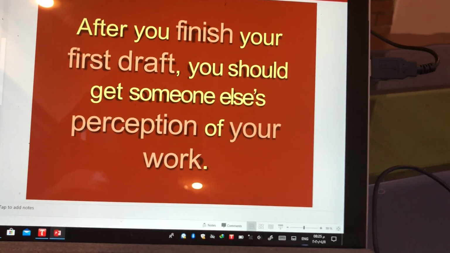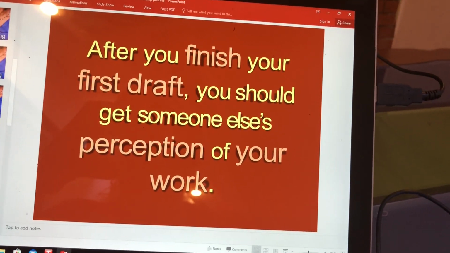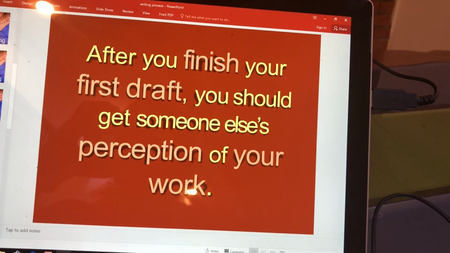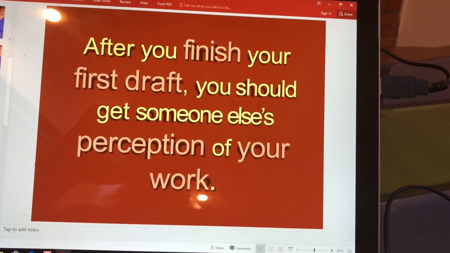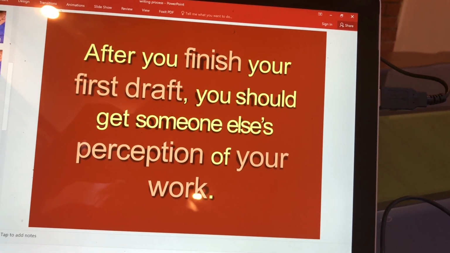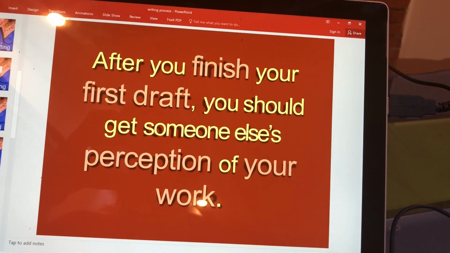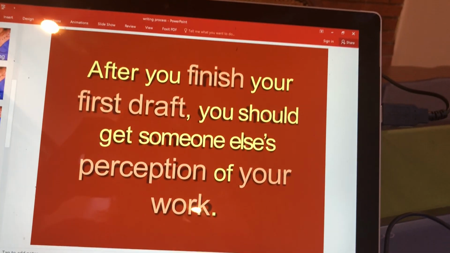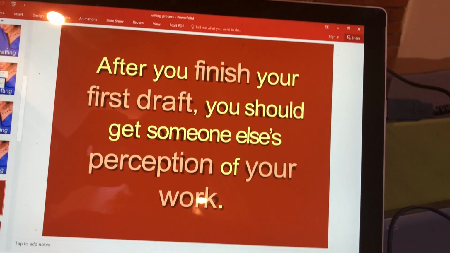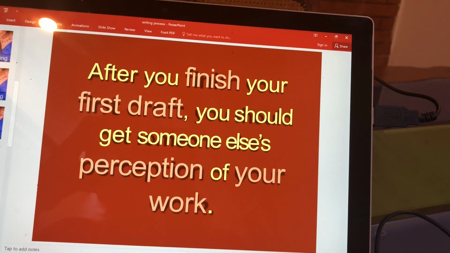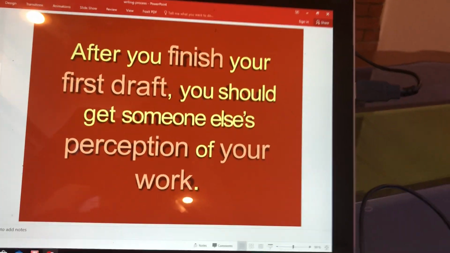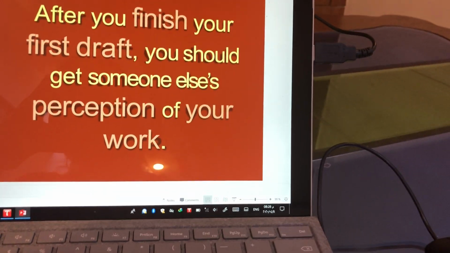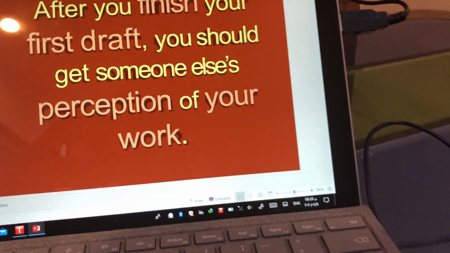And if you do find mistakes, maybe you correct them. But a second-eye reader may find mistakes, or find that the ideas are clear, or that some areas are weak, so you need to provide more evidence. So it is very important that you have a reviewer before submitting